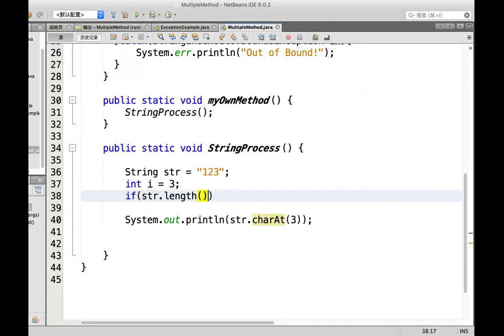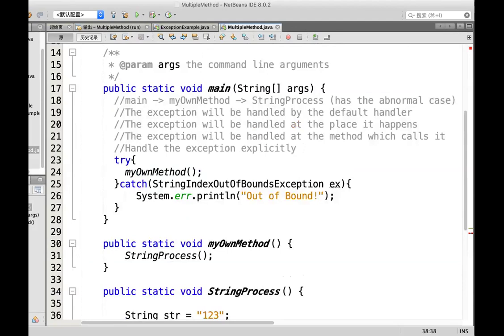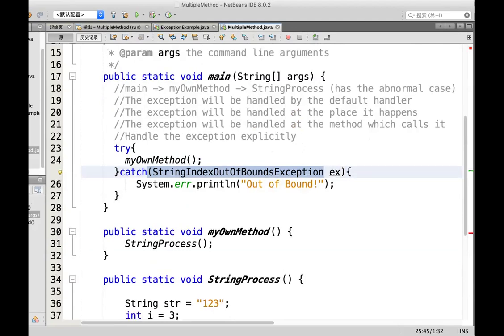Yes, length is smaller than or equal to i. So here the length is 3, right? My i is 3, so I cannot do that. I can do one thing: throws. I say, okay, this one is not good. So I will throw,